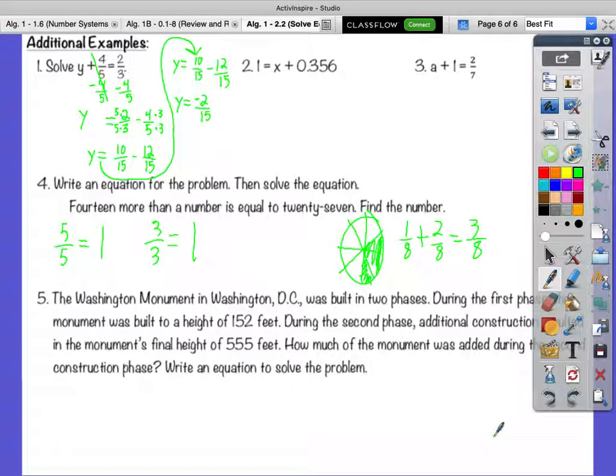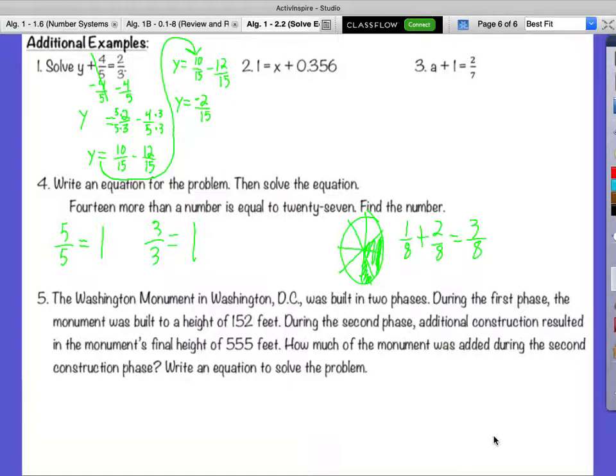Does that make sense? Have you ever used Photomath? Photomath is terrible. Anyway,